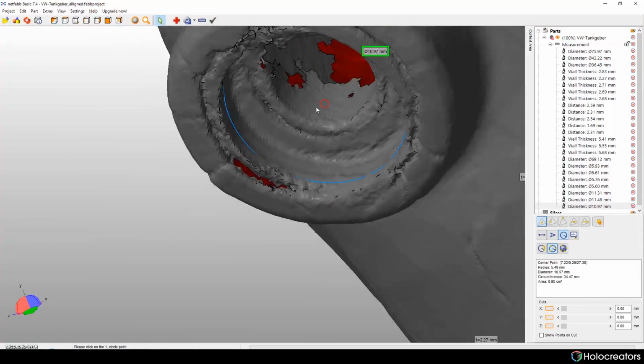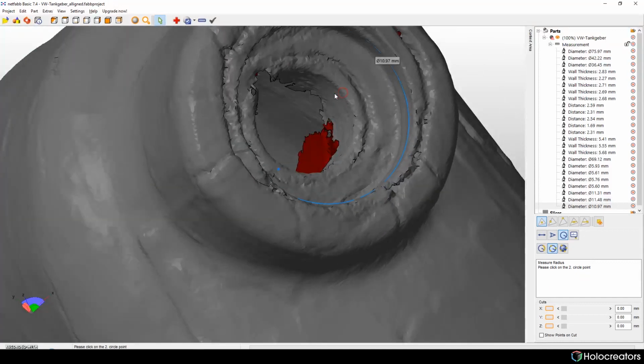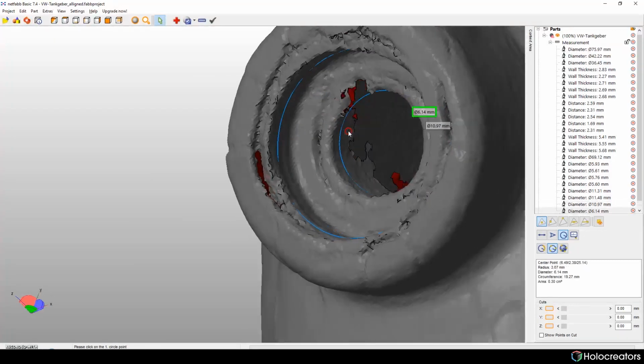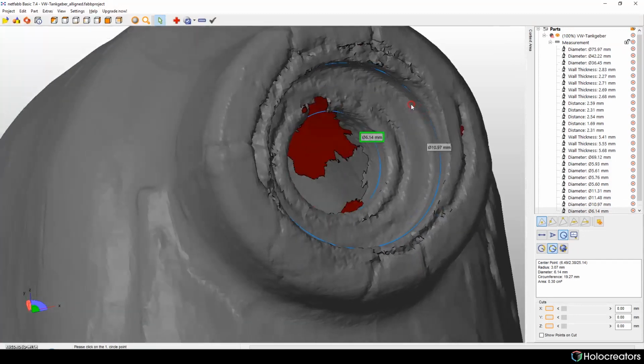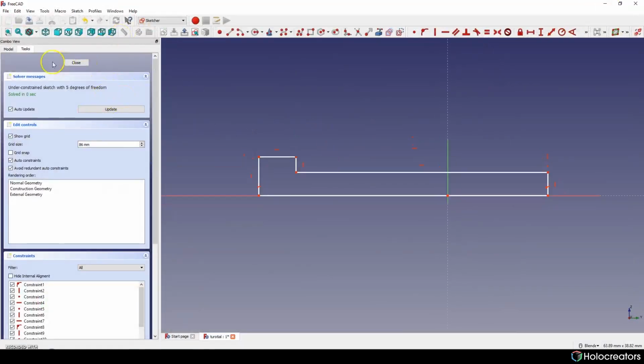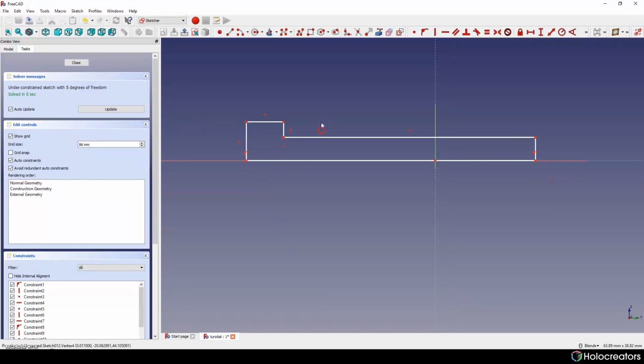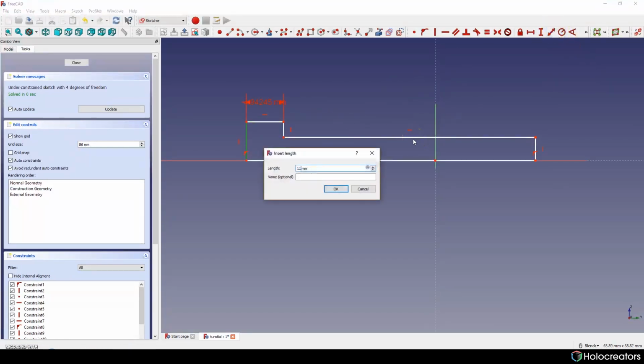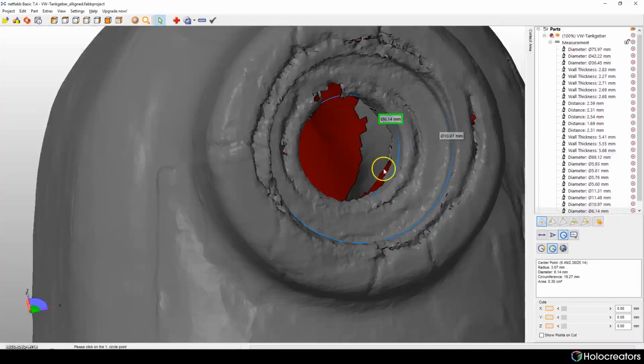It's 11 millimeters, and here it's something about 6 millimeters. So I'm gonna go with this. I have to just add constraints here, 11. Okay, need to double check it.